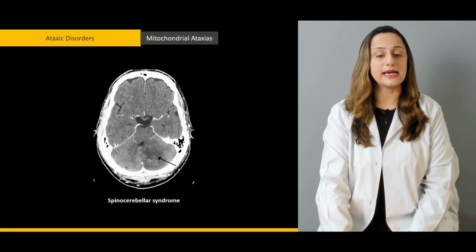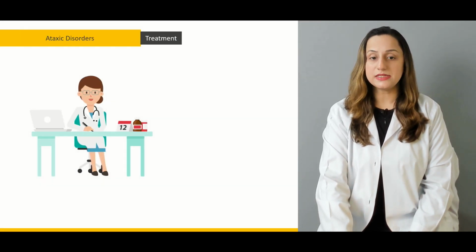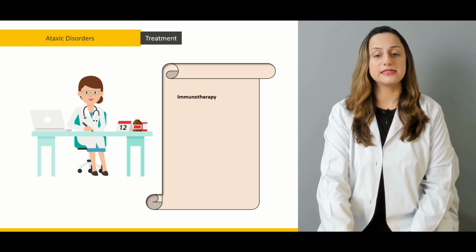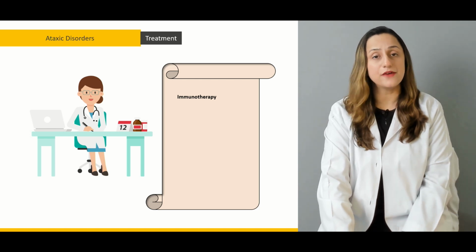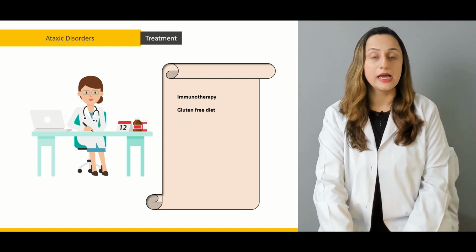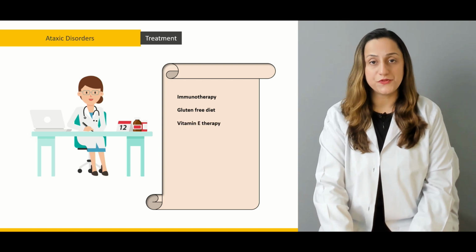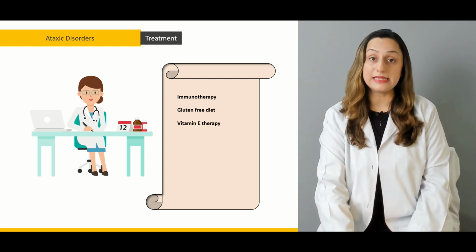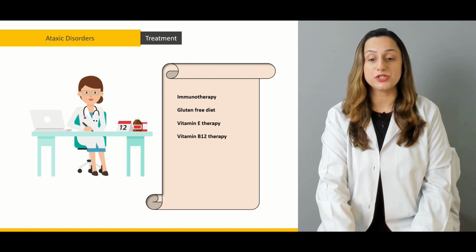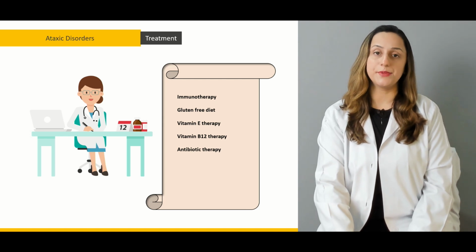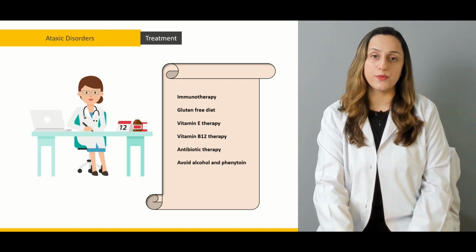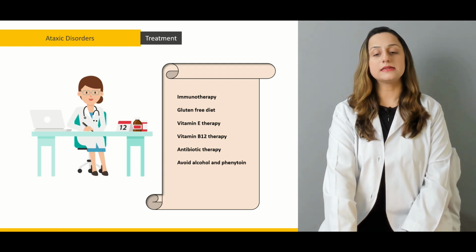The mitochondrial ataxias are also included with a variety of the spinocerebellar syndromes. The treatment for the ataxic disorders basically includes immunotherapy. If multiple sclerosis is the underlying cause, we have to give immunotherapy to the patient. You usually advise a gluten-free diet to these patients. Vitamin E therapy proves to be very beneficial for such patients. Vitamin B12 is advised. Along with that, you prescribe an antibiotic to cover some sort of superimposed infections,